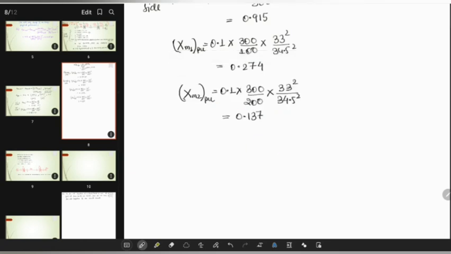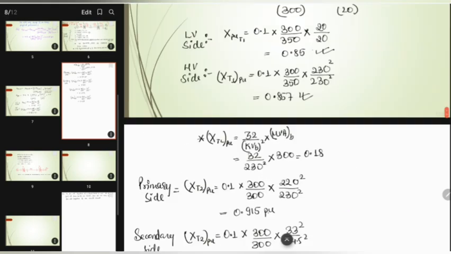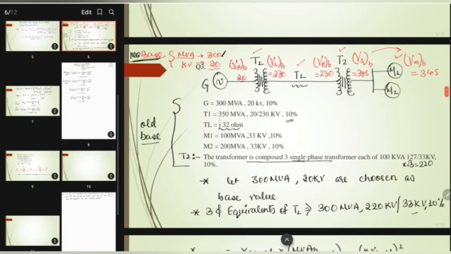So like this you can solve this single line diagram. Just remember one thing, whatever ratings are given, these are the old values. You have to select new base value. So I have selected this as a new base value. So MVA base will be common for all the equipment, but you need to find the new kV base for all the equipment. Okay, and then you can proceed with your calculation.